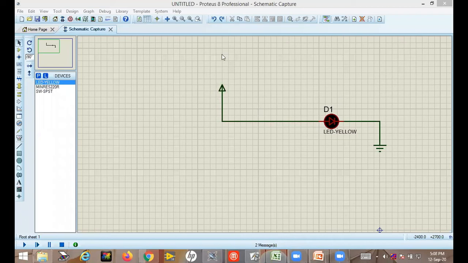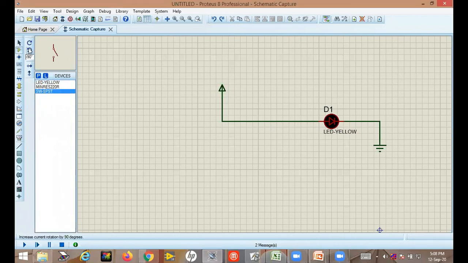Okay. So that's why let us put this switch here. This is the switch we have taken. So I will just change the orientation by clicking on counterclockwise. After getting this orientation, I will just click on the screen once. Then I will take this component and I want to place this component here over this wire. So just click here. Okay. No need to remove the wire, then place this component again, rewire it. Just take the component and just click on this wire, then automatically connection will be established.